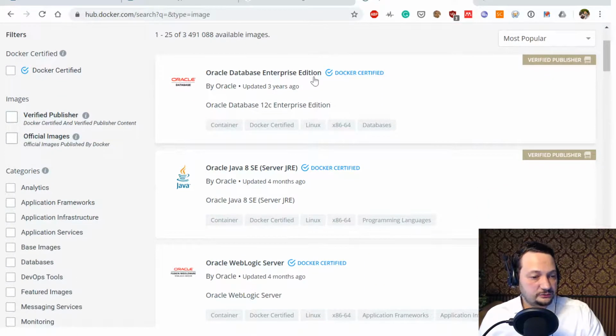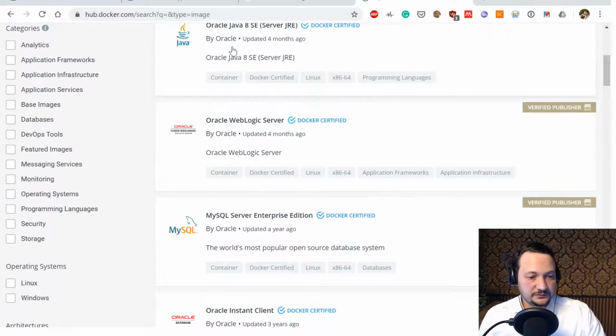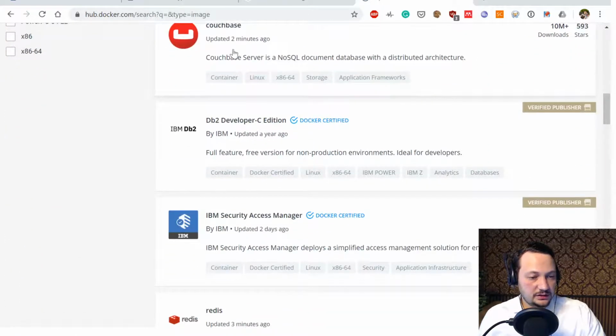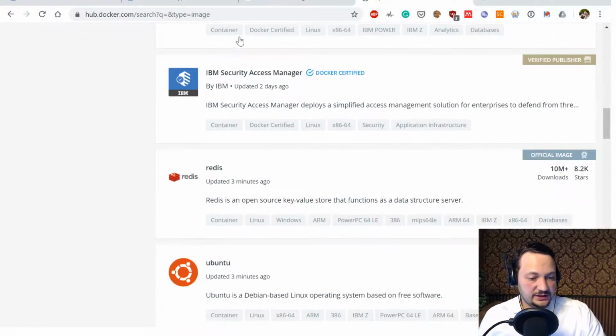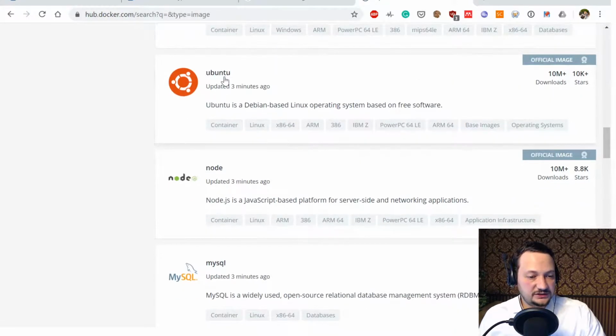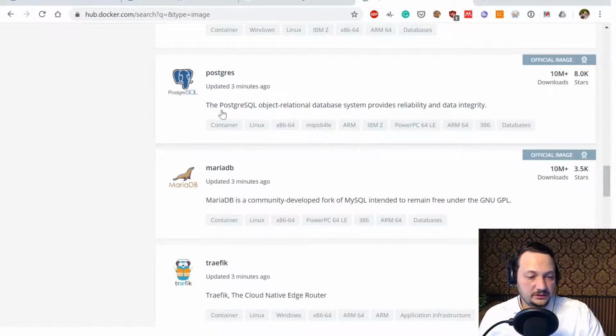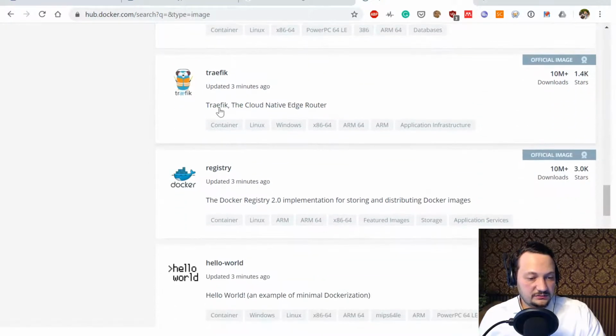Oracle Database Enterprise Edition: you docker run Oracle database, and it is launched on your machine. Java, MySQL, Couchbase database, Redis database, Node.js, MySQL, MongoDB, Postgres, MariaDB,